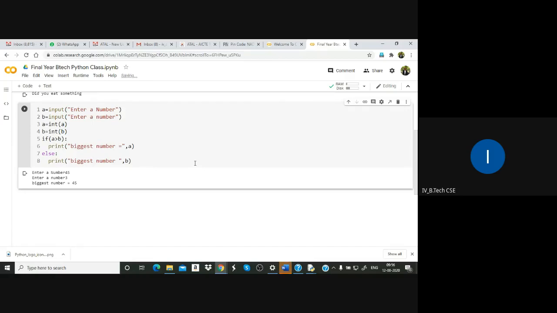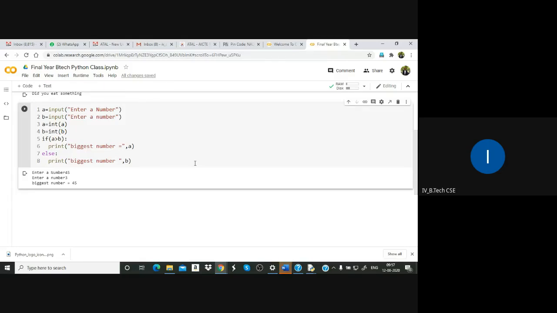So like that we got the biggest of two numbers. It is a very simple program to understand the Python psychology: how the indentation will be, what is the method of inputting, how that is converted from string, and all that, we are learning here one by one.